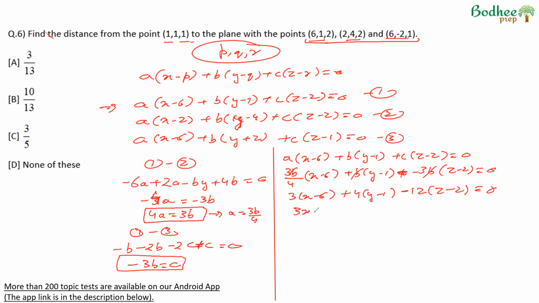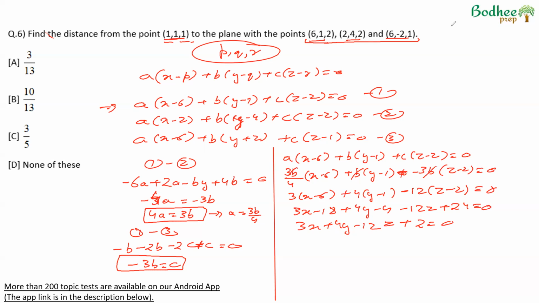Therefore 3x minus 18 plus 4y minus 4 minus 12z plus 24 is equal to 0, or 3x plus 4y minus 12z plus 2 is equal to 0 (24 minus 22 is plus 2). Now the distance of this plane from this point,